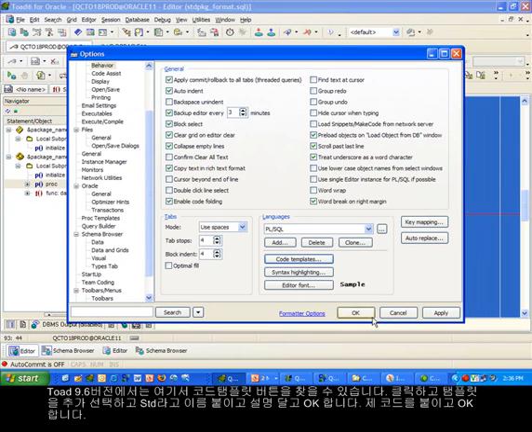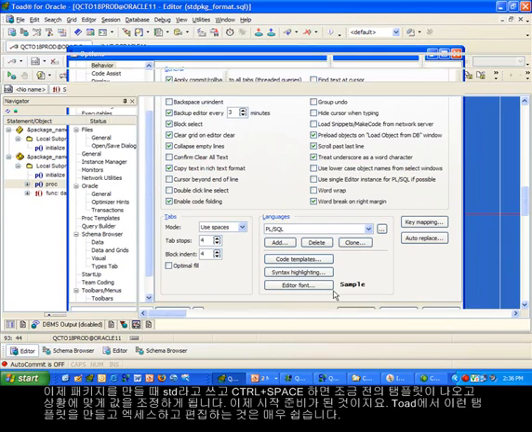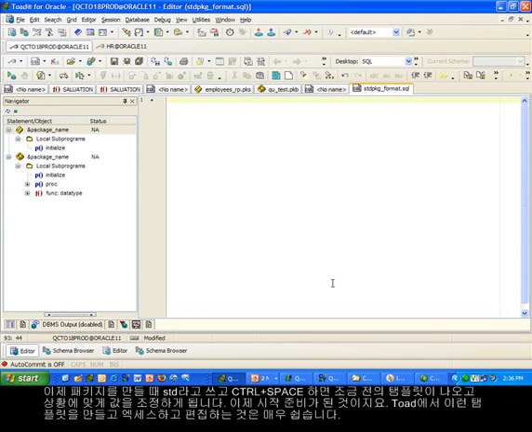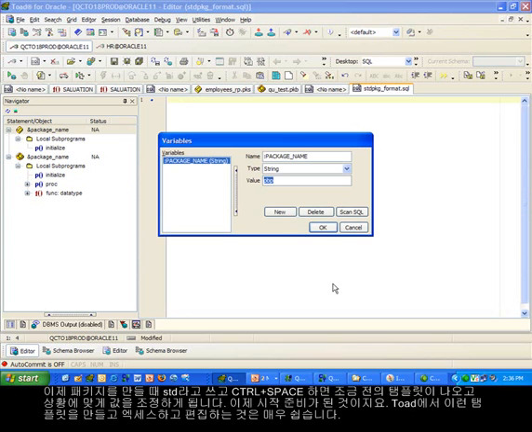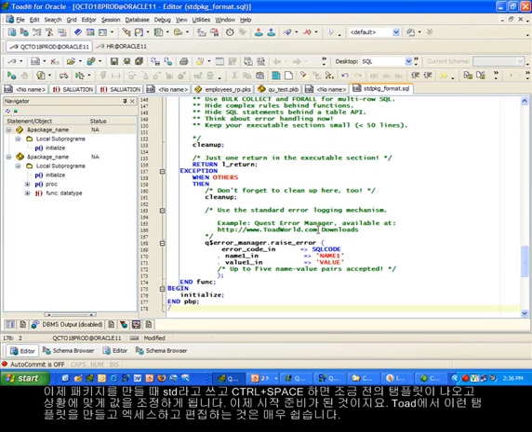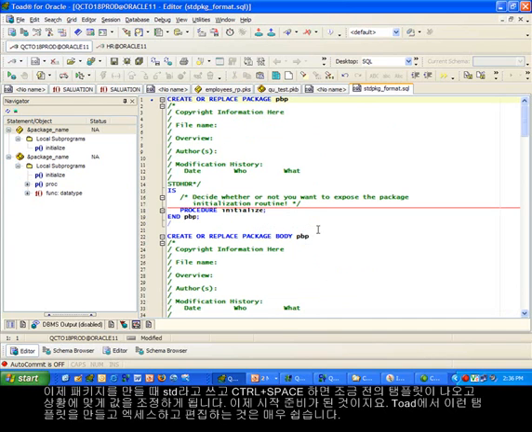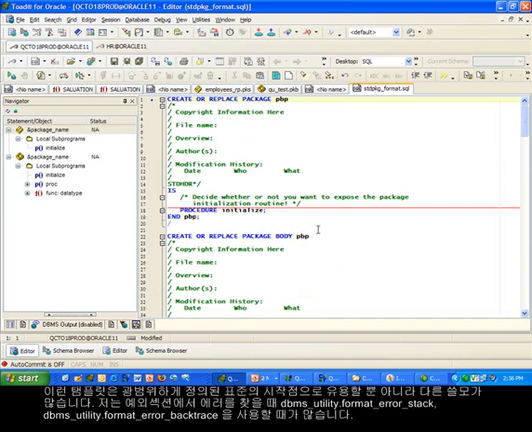Press OK. And now, when I'm about to write a new package, I can type std, control space, and it finds my template, allows me to specify whatever values I have for arguments, and there's my starting point. So creating these templates are quite easy to do in Toad, very easy to access and to edit, and these templates are not only useful for this kind of broadly defined standard and starting point, but you can also do